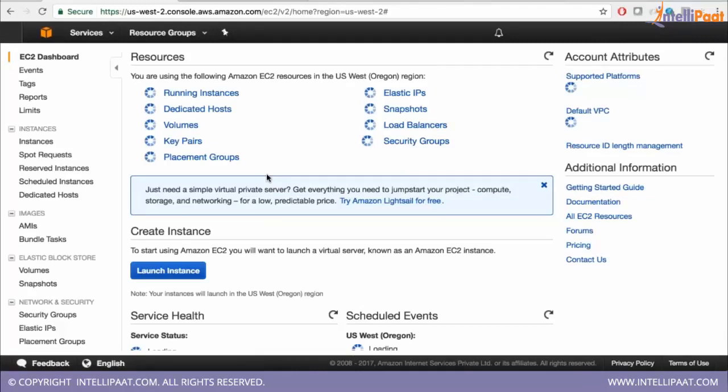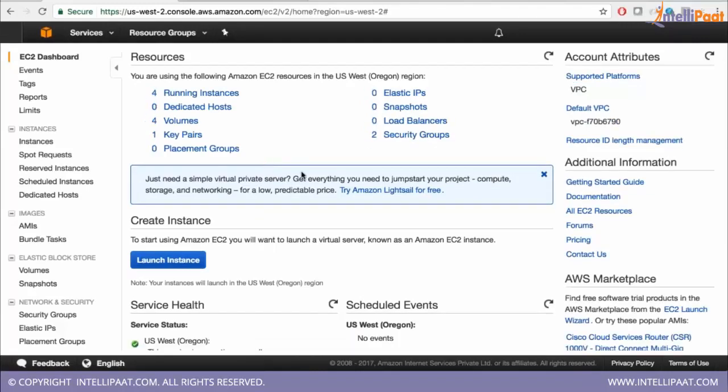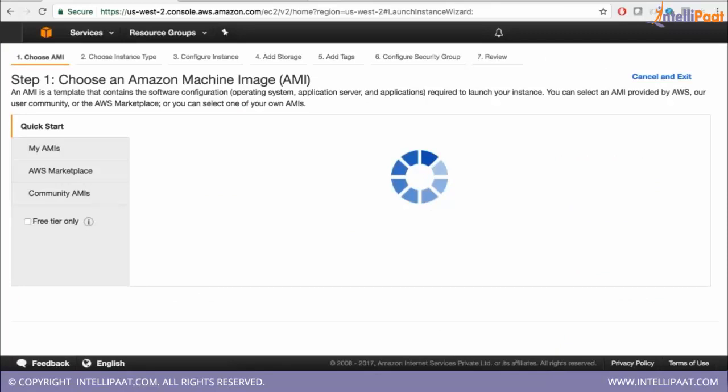Once you click on this, it will show a dashboard. You can click on launch instance here. Instance means one server kind of thing. So you can say launch instance.